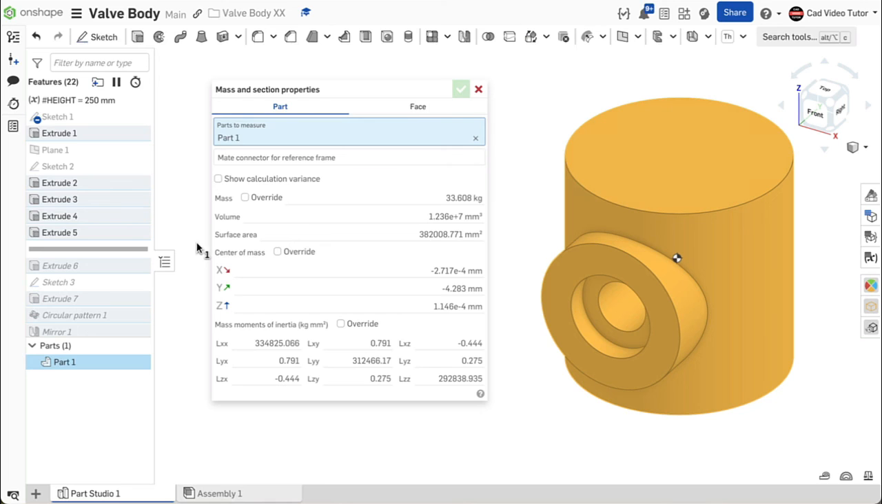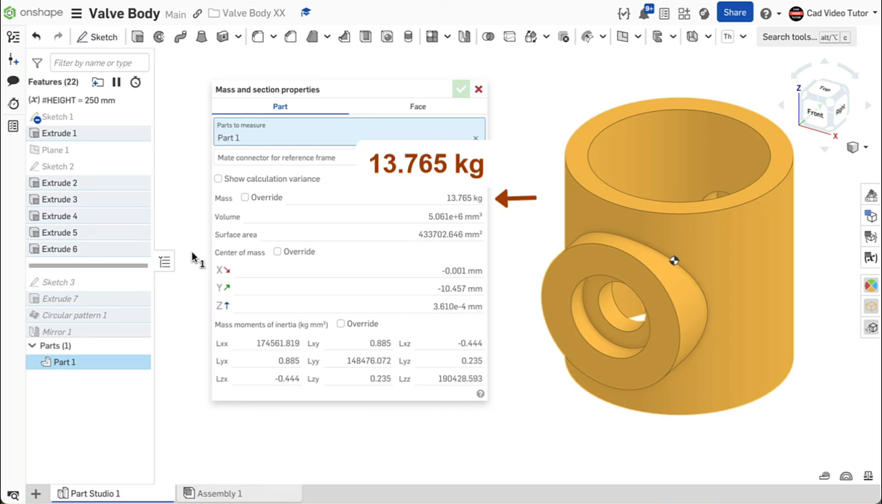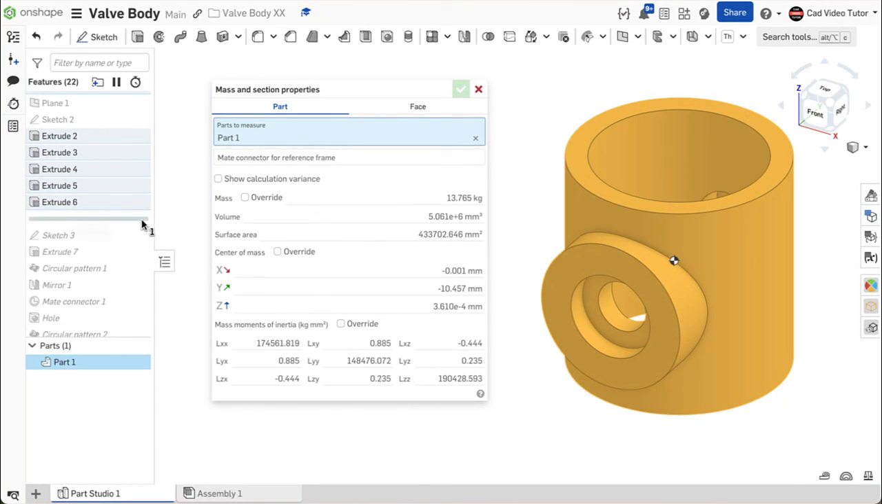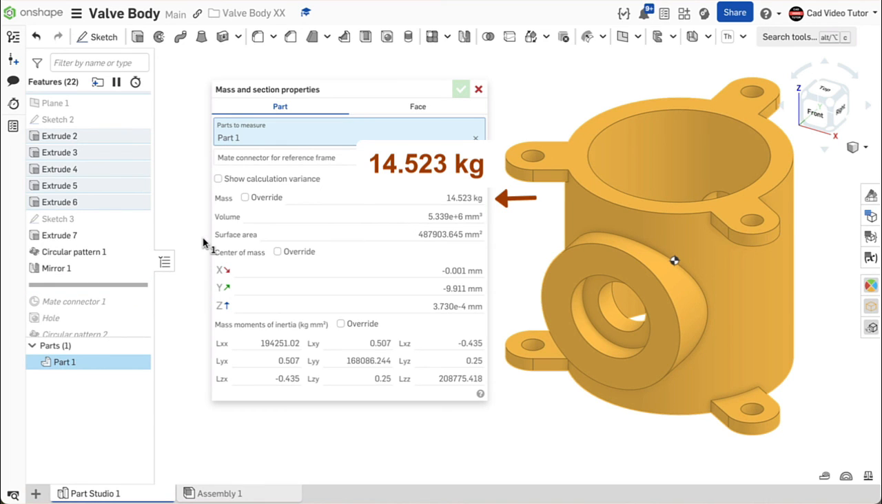Move the rollback bar to include Extrude 6. The mass is now 13.765 kilograms. If your mass doesn't match this amount, look for an error in TH Sketch 1 or Extrude 6. Move the rollback bar to include Mirror 1. The mass is now 14.523 kilograms. If your mass doesn't match this amount, look for an error in creating and duplicating the bolt tabs on the